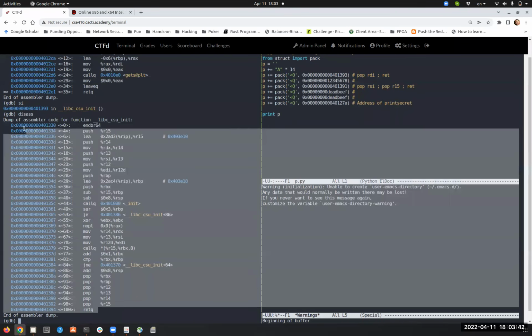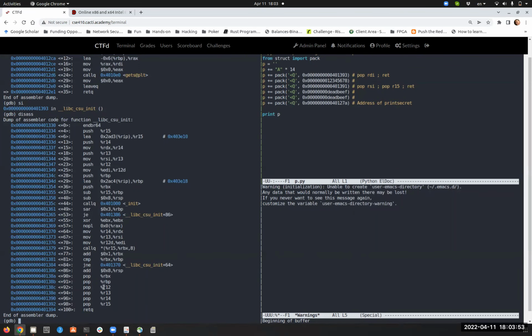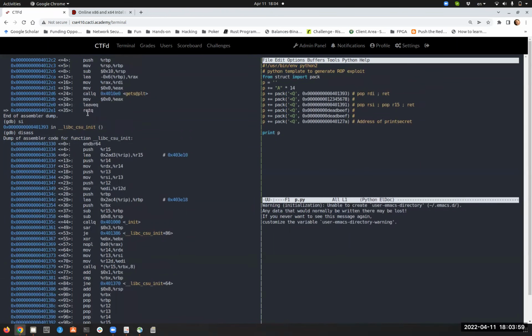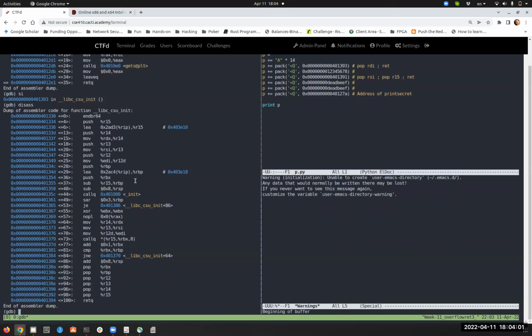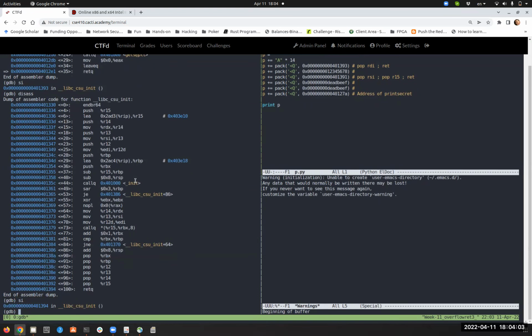When this program was developed, even though it was not developed in assembly, it was not supposed to have pop RDI there. We just find it here, okay? That's because the instruction set is very dense. So then we execute that one. So we are still here. So now we are going to return, right? Now we return,